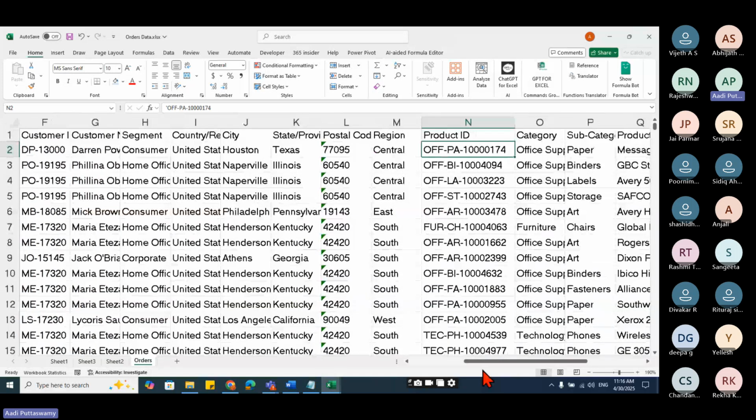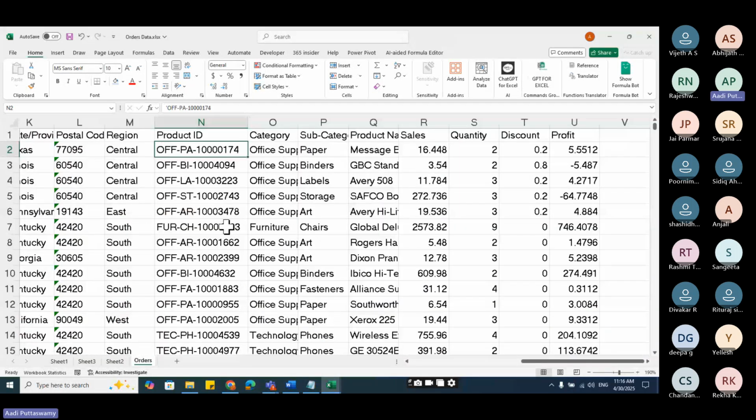People just observe, I have this product ID. I want this first OFF to be taken into a separate column. That means all the first three characters have to be taken and split into a different column.